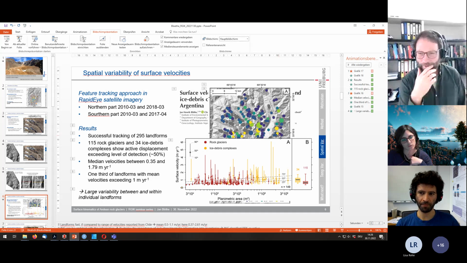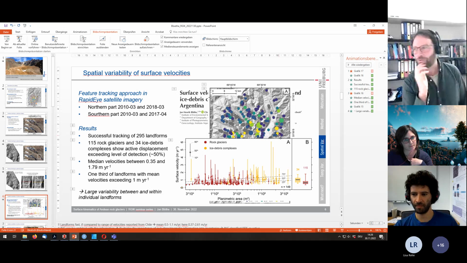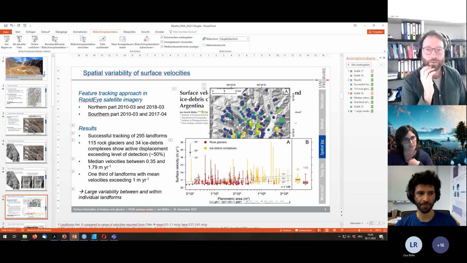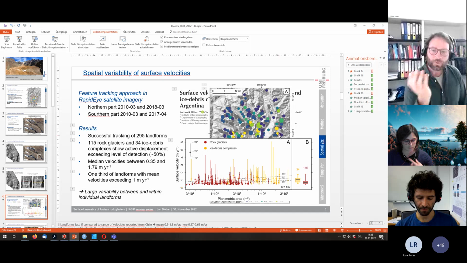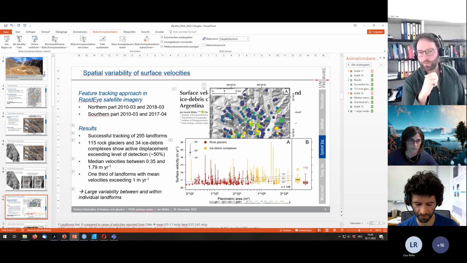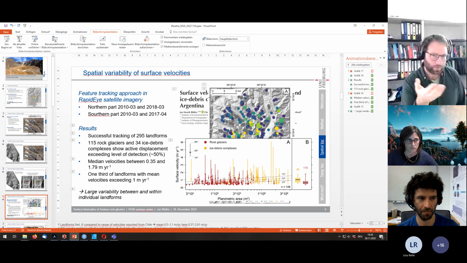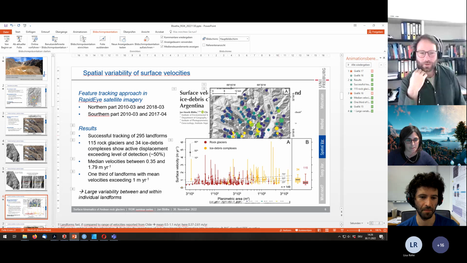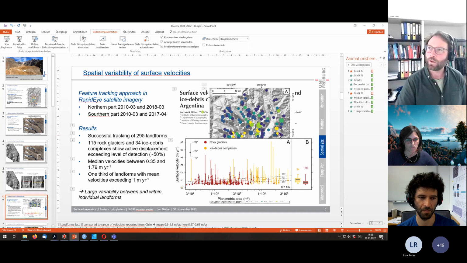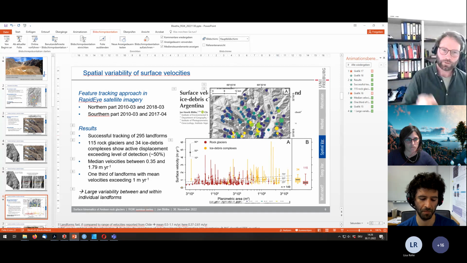If I, with my remote sensing analysis, cannot resolve movement below 20 centimeters, most of the rock glacier forms we see in the European Alps, at least large parts of these, would be considered inactive, or let's say in a transitional state, and that certainly isn't true. So my answer to your question would be, it's very difficult to actually include rigorous information on the activity based